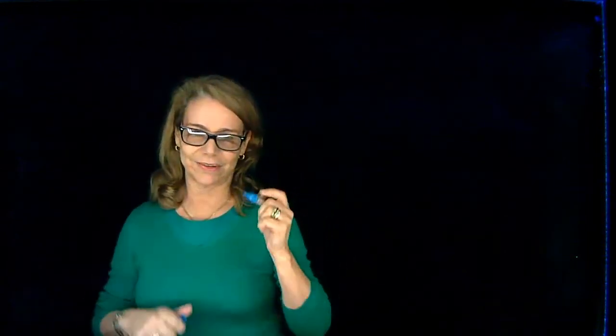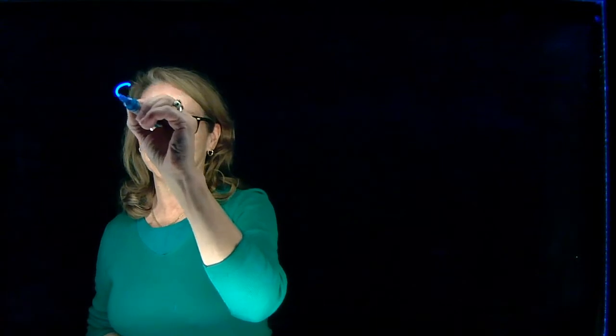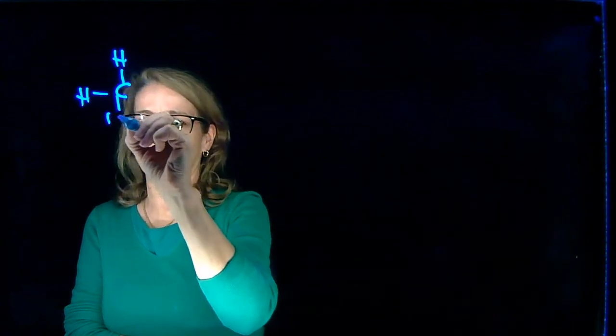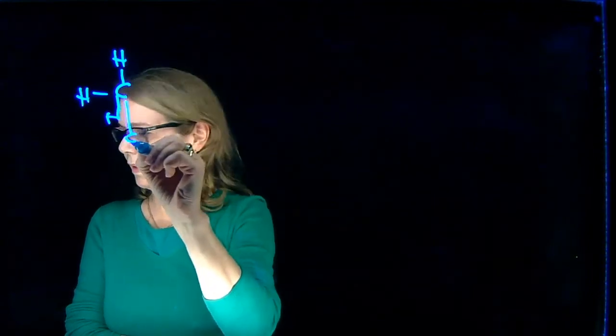Okay, now we are going to do an exercise. From the Lewis structures, we're going to be drawing the line structure. So here is the Lewis structure. I have these 3 hydrogens attached here, and then I made it long, but